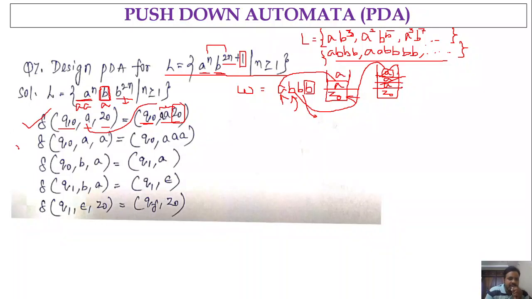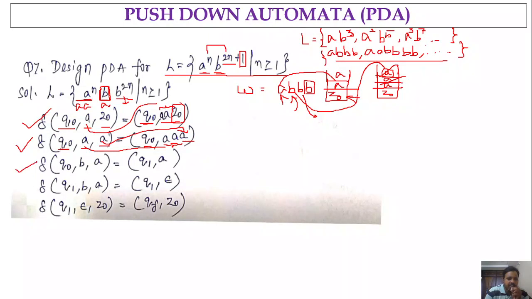Okay, next, if you are having more than one a, that means if you are in state q naught, the input symbol may be a and top of the stack can also be a. So in this case we will be in the same state q naught and we are going to push a a a. So we are going to push the first a as it is, and for each occurrence of input symbol a, we are going to push two a's, right? So that's why we are having q naught comma a a a.